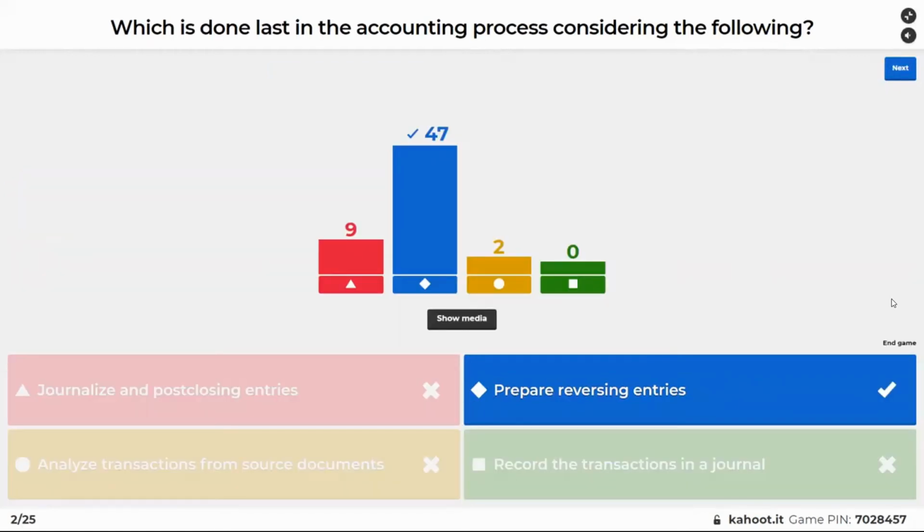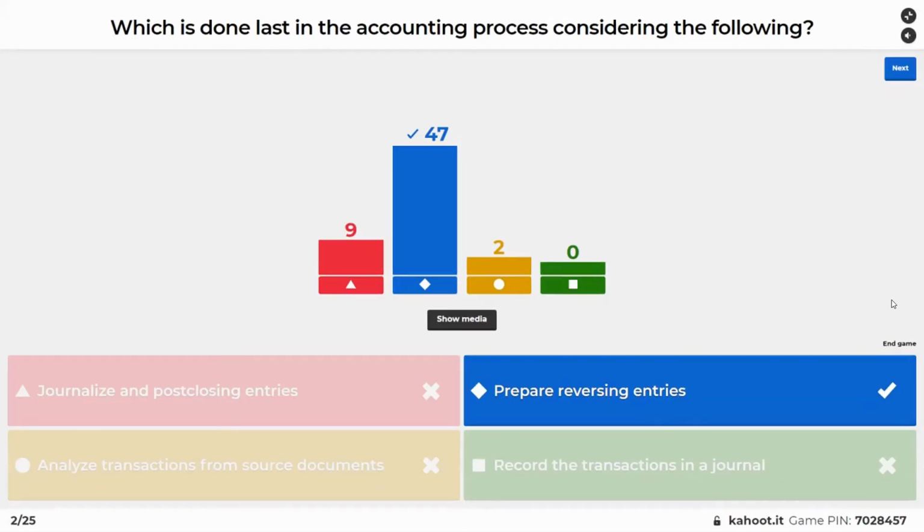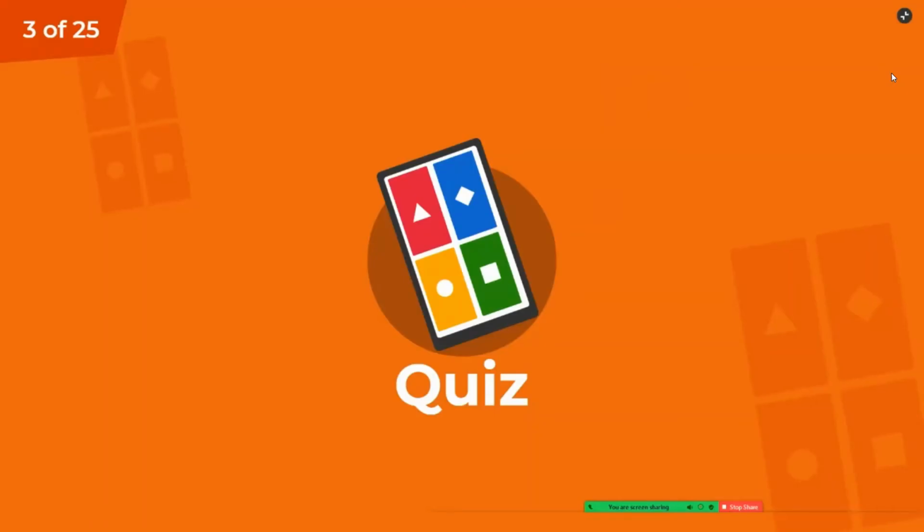Okay, so of course, the last is prepare reversing entries. Kasi di ba, ito naman yung mga analyze transaction, that's step 1. Then record the transactions in journal and post-closing entries. No? So reversing entries would be the last, no? Out of these four. So 47 got the